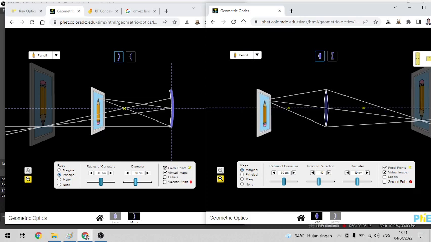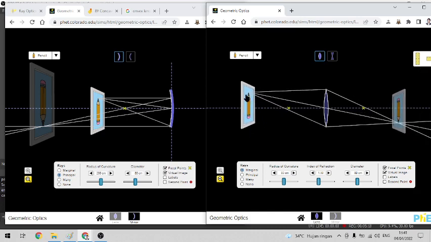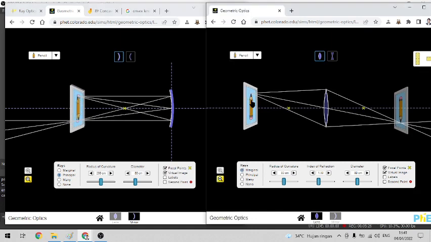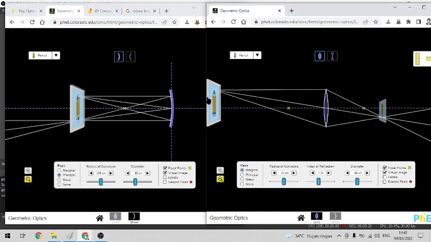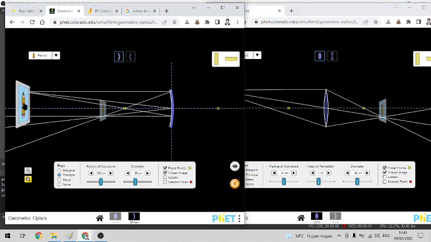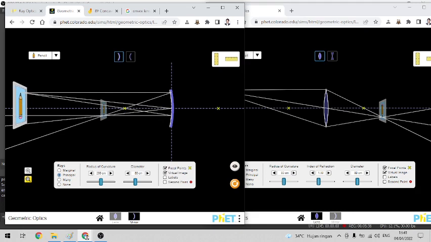It's bigger, and then here is the position of 2f. This is the position of 2f. The size is similar, and if you put it further and further, now the image becomes smaller and inverted. The same thing will happen on the concave mirror. Okay, so that's the similarity between the concave mirror and the convex lens.